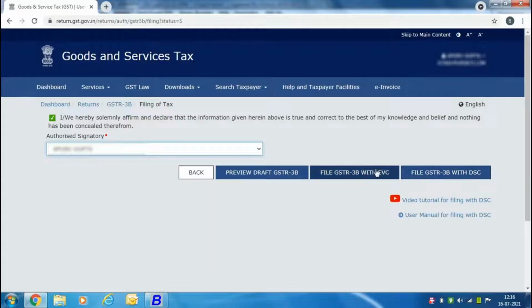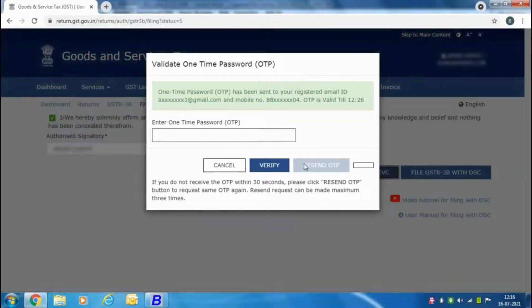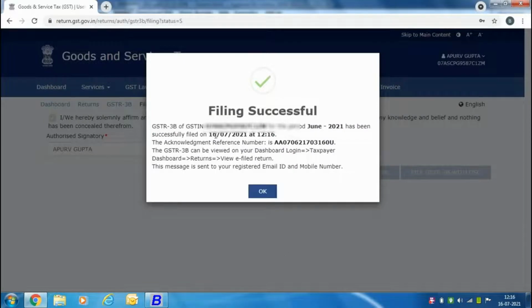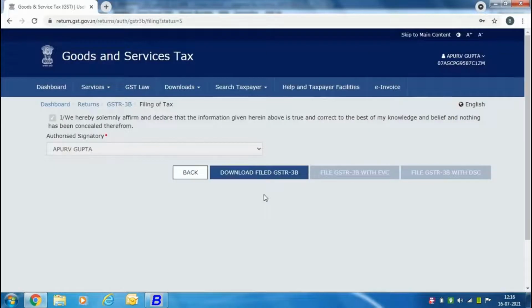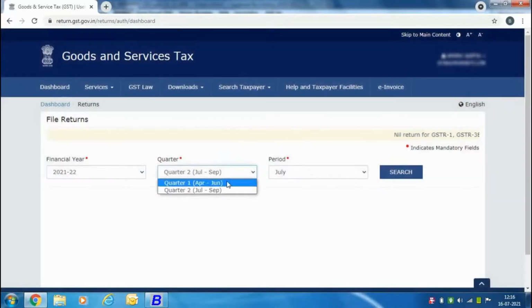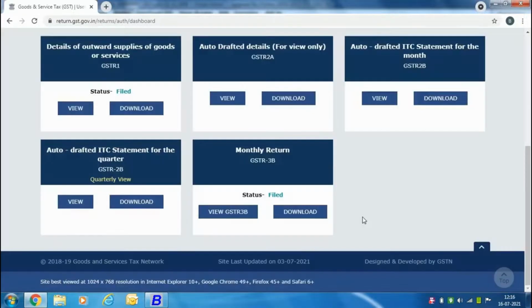Next, it's asking to enter the OTP that you have received on your registered mobile number. Once you specify a valid OTP and click the OK button, your GSTR-3B will be filed. So it's showing a message that filing successful, which means you have successfully filed the GSTR-3B. Now again we are clicking the search button, selecting the required quarter for which we have filed the GSTR-3B, and you can see it's showing its status as filed. That means we have successfully filed our GSTR-3B. So this is all we have to discuss in